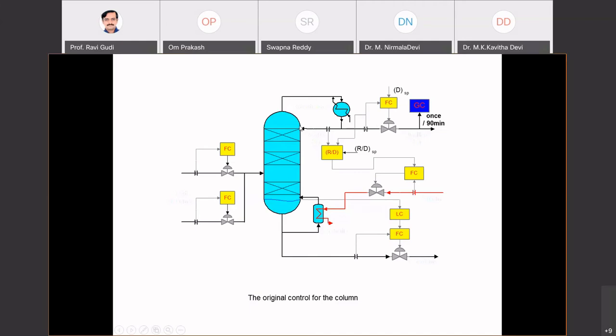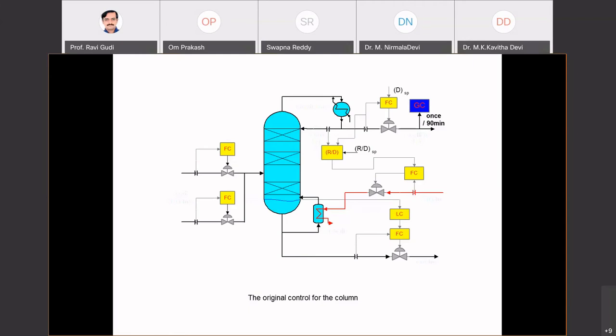Those of you who are non-chemical, you might remember that reflux is basically a stream that comes back from your condenser back to your still, so that you are able to distill and get pure distillate, the lighter component here, and the pure bottoms composition here in a binary distillation column. Okay. Now, for those of you who can understand this, great.